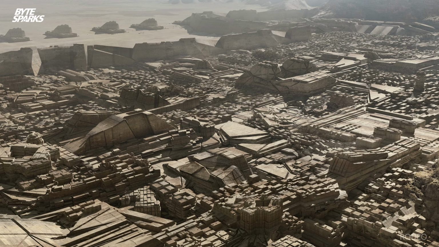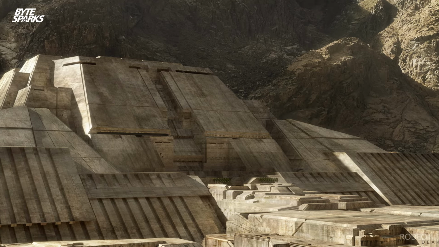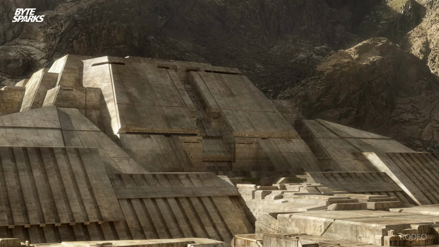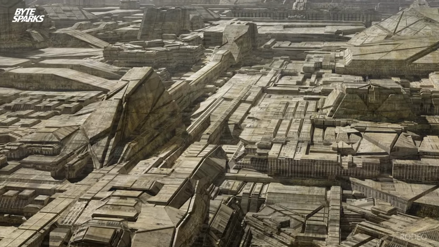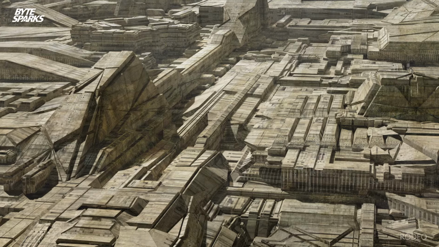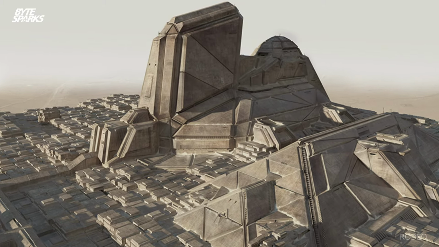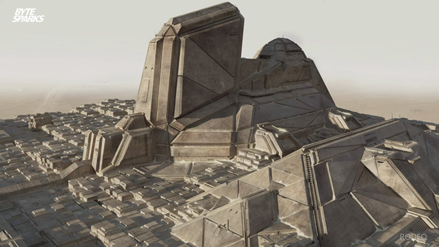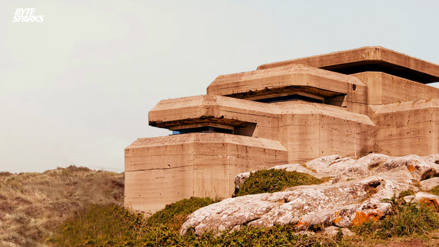Representing the center of power, the Arrakis Palace, rising from the base of the mountain, is the largest building in Dune world. It overlooks the entire city. The structure of the building is primarily for defense. The entire building has no windows, only slender observation ports. Like a World War II bunker, it's cold and